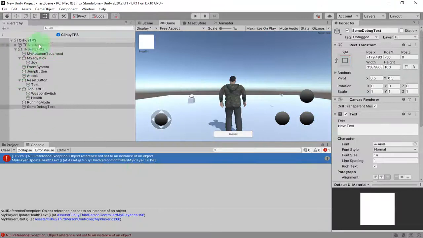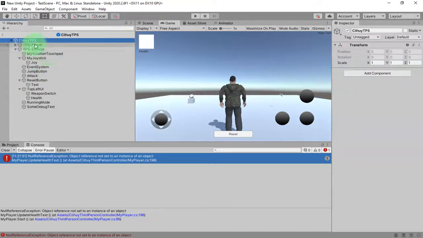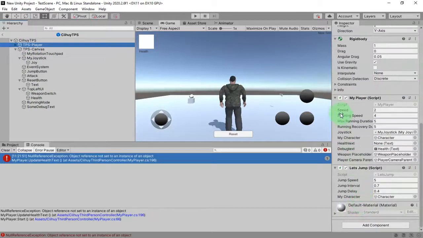I need to assign the public Text variable, which is this one, debugText, and this is my debug text object. I place it here, and I need to replace the health text. It is here. Okay, now let me run the game.